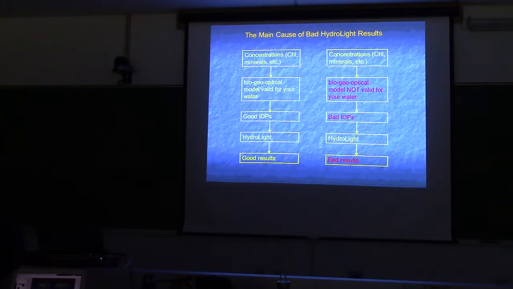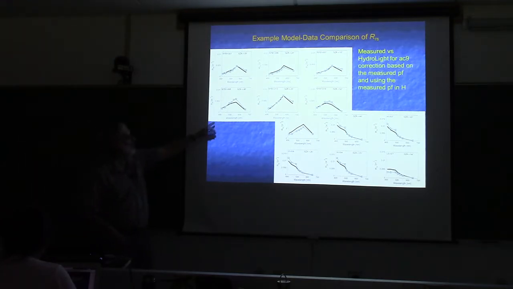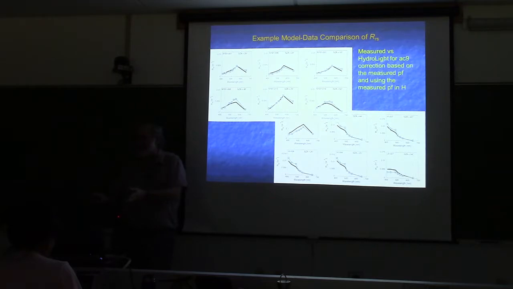Well, if we go back here, so here they're not using bio-optical models to convert chlorophyll to IOPs. They're measuring the IOPs directly. Now, I don't even know if they measured the chlorophyll or not, but suppose they measured the chlorophyll and in this figure, chlorophyll was 3.7. If you took that 3.7 and ran it through, let's say, the new Case 1 IOP model, you'd get some curve that's